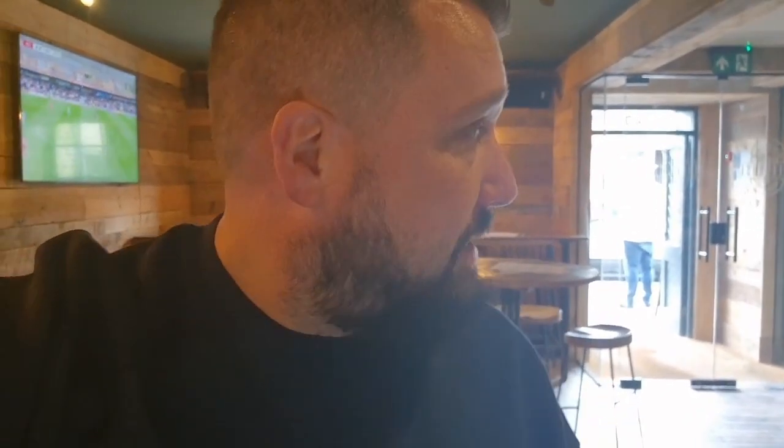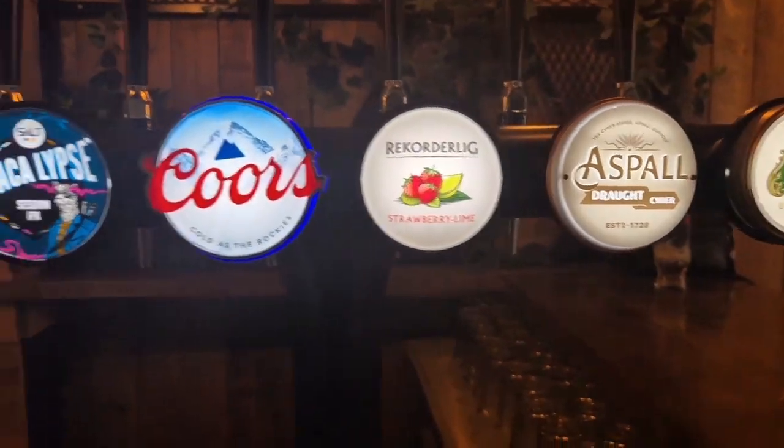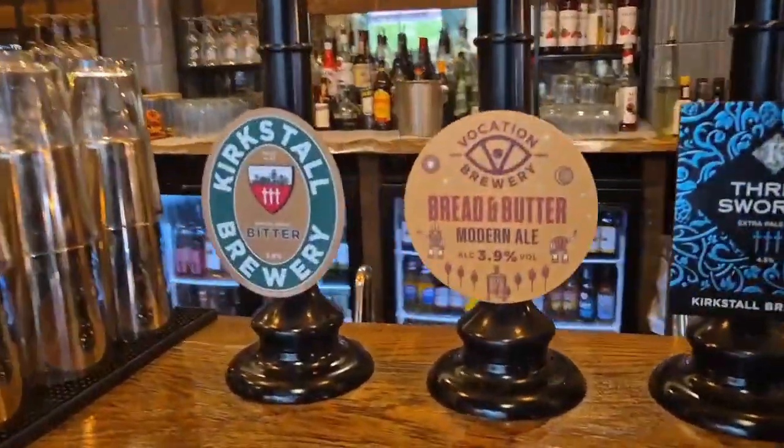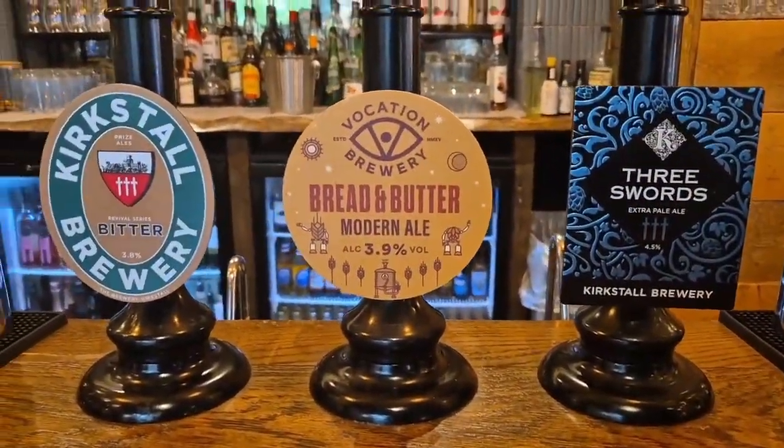Menu looks great. 3 real ales on the bar, and decent stuff amongst the taps as well. But yeah, it's a very nice looking modern style place. Feels very modern, very vibrant. Run of the beers and stuff on here, and I have gone for Kirkstall Brewery's Bitter in here. So yeah, 3 on, and